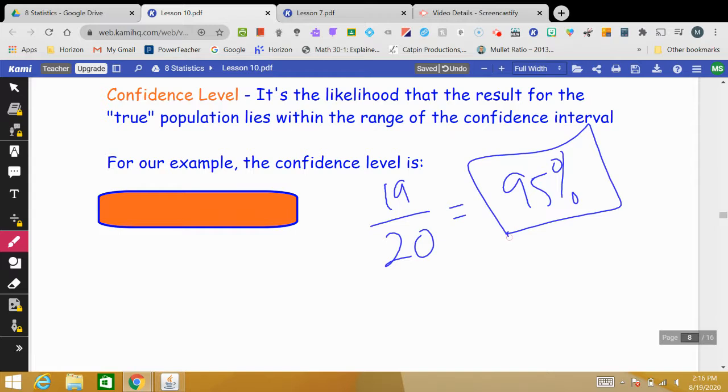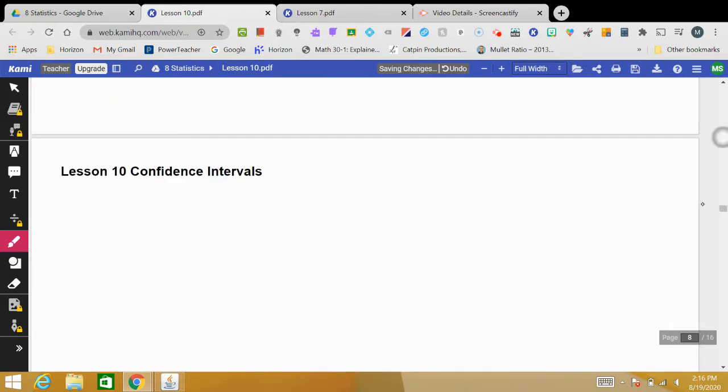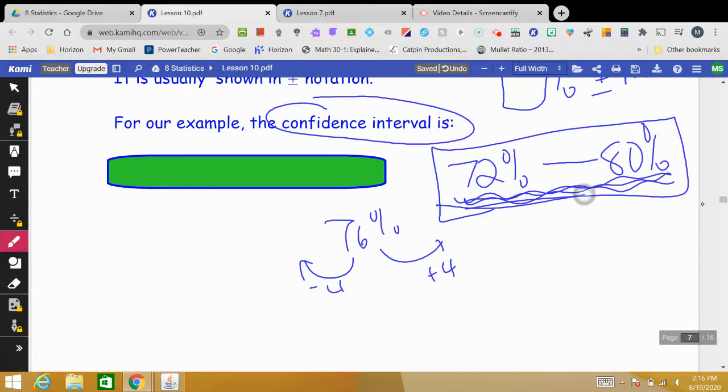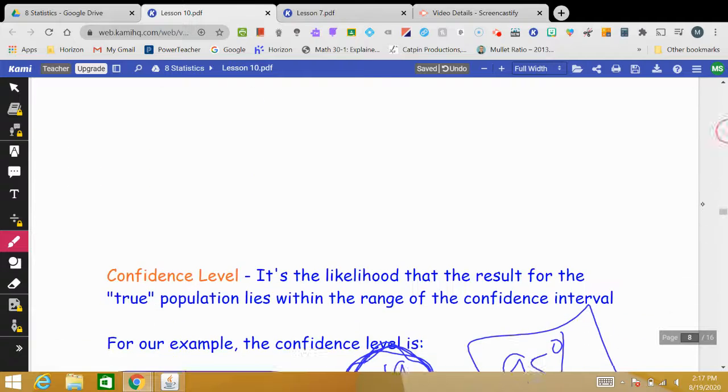So if we bring all of this together, what that is essentially saying is that if I ask another 600 people, and then I ask another 600 people, then I ask another 600 people, if I do that 20 times, then 19 of those 20 times, or 95% of the time, I should end up with 72 to 80% having that social networking account. Okay, so these three words, margin of error, confidence interval, and confidence level, they all play